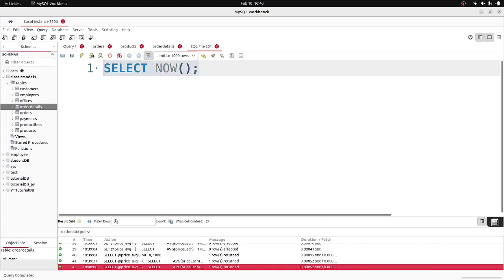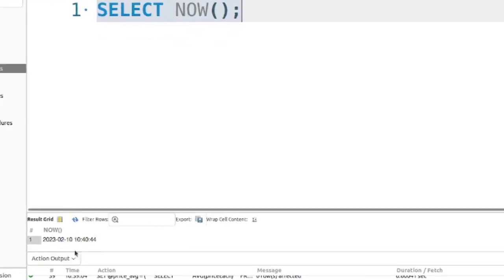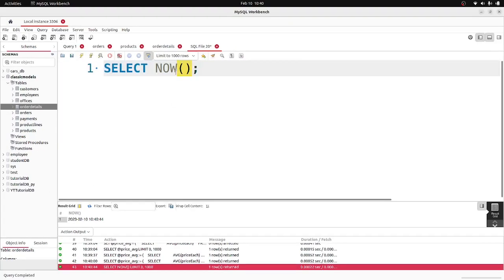And so let's see what we get. So highlight that and run it, and you can see now it just returns a date and time information, a timestamp. So we can also have